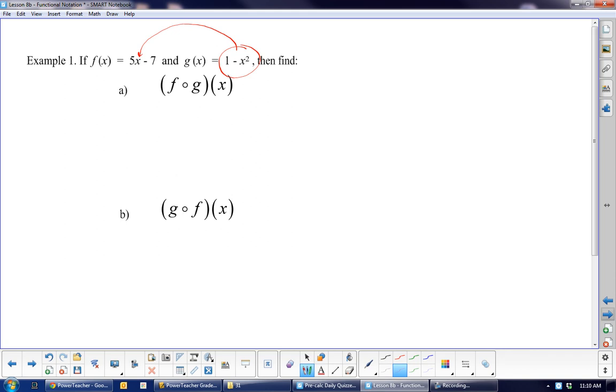Okay, so this is going to be 5 times 1 minus x squared, minus 7. 5 minus 5x squared minus 7 is negative 5x squared minus 2. And it didn't ask us for domain range, so